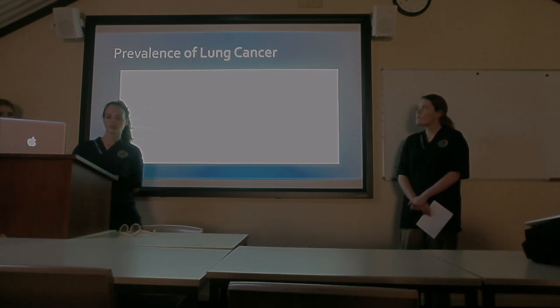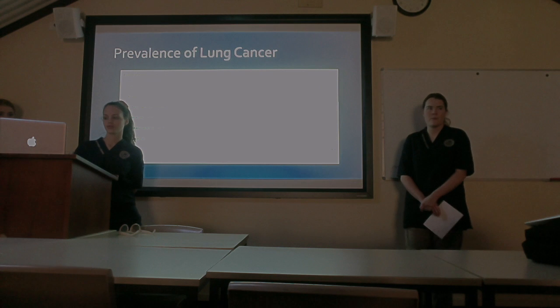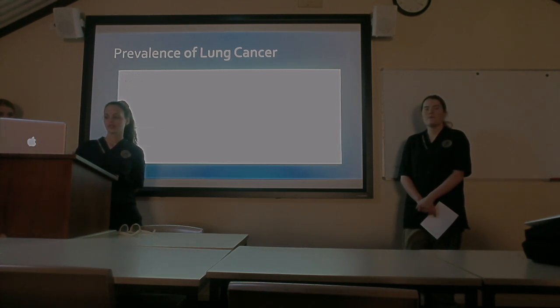It is said that roughly 1 in 17 people within Australia will be diagnosed with lung cancer by the time they reach their 85th birthday, with a ratio of 1 in 14 males and 1 in 21 females. The reason men have a smaller ratio compared to women is that they tend to smoke and drink a lot more, thus increasing the risk of being diagnosed with lung cancer.